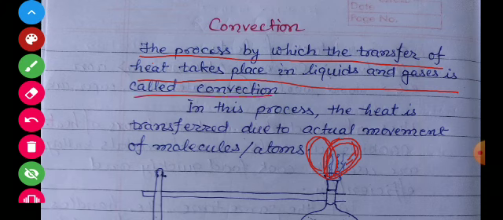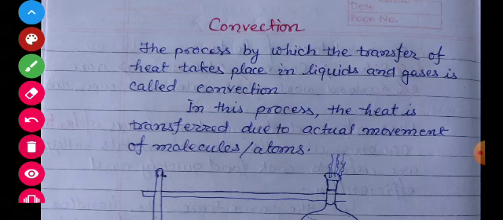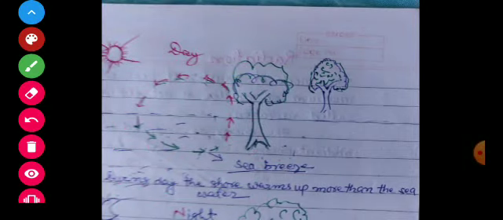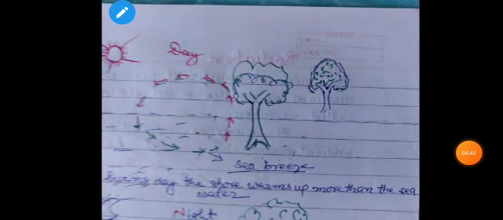So after this, students, we will discuss further. This one we have discussed, and after this we will start discussing our everyday life. There are so many events occurring in the atmosphere due to the convection current. For example, winds blowing in the atmosphere are convection currents formed due to air movement.